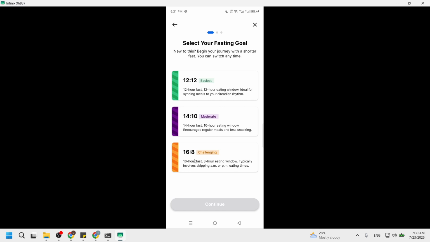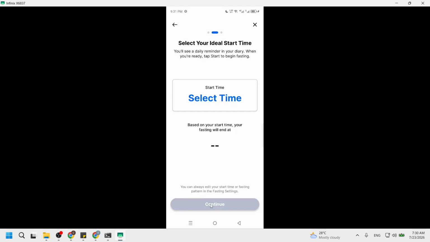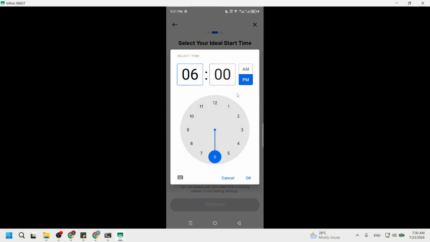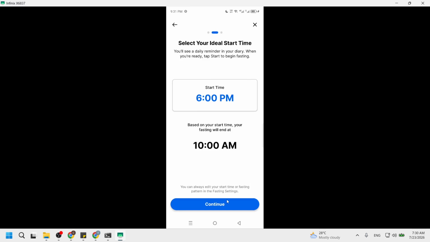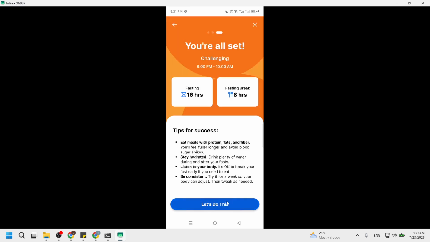You will then need to follow the remaining on-screen prompts. These prompts will guide you through the process of saving your target schedule. Additionally, you can set up the tracker progress bars that will display directly inside your daily diary feed. This feature is beneficial as it allows you to monitor your progress easily. You will be able to see how well you are adhering to your fasting schedule, which can serve as motivation.